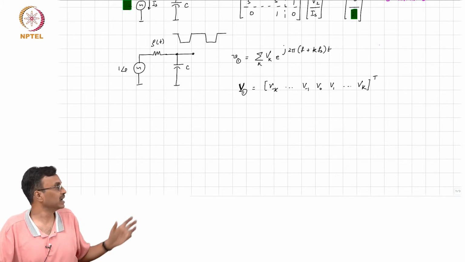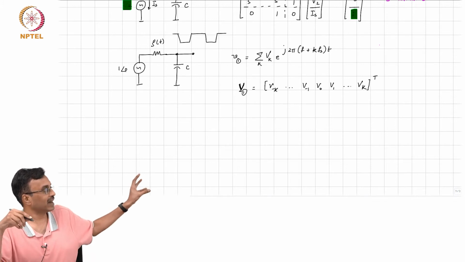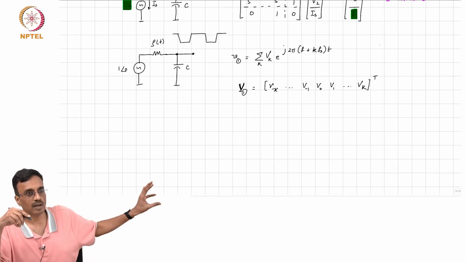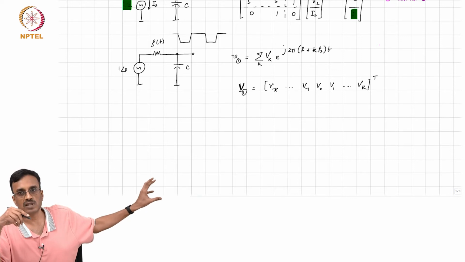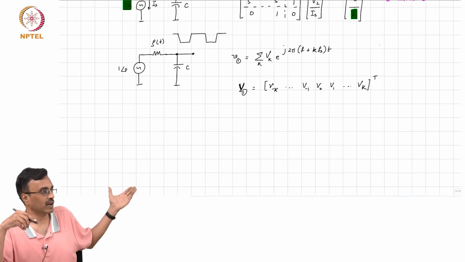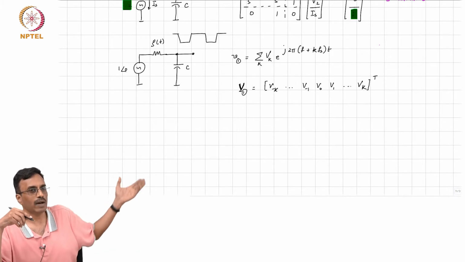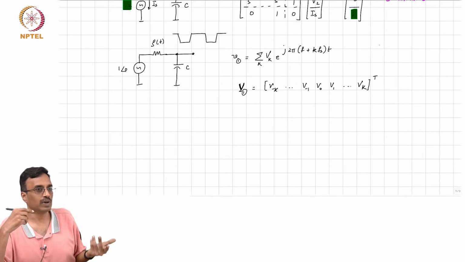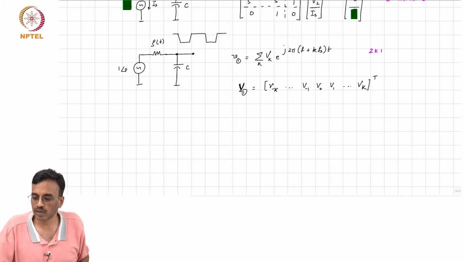If KCL and KVL had to be satisfied at one frequency, we needed 3 equations, and we had 3 unknowns per frequency. So now you have 2K plus 1 frequencies, so you basically have 2K plus 1 equations in 2K plus 1 unknowns,